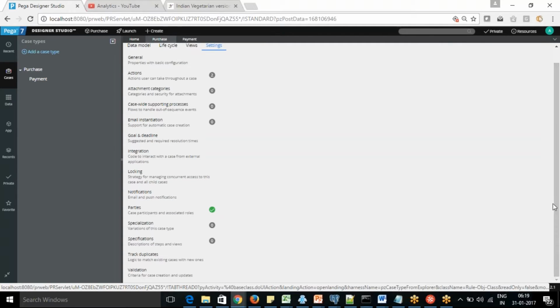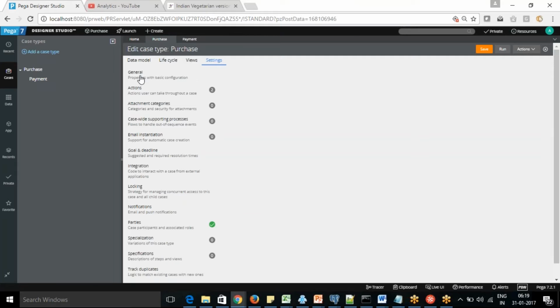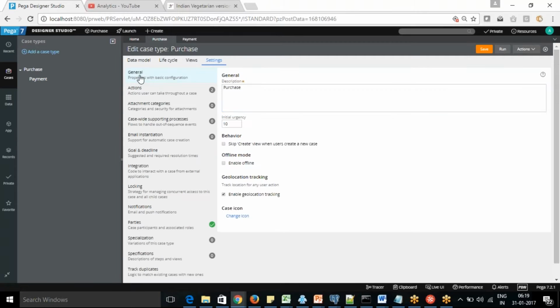When you are doing the case, the first thing is the general tab. In general, there are some options which were recently added. You will not find this option in previous versions: offline mode. What do you mean by offline mode? This is for mobile. If you want to access your case from mobile when your internet is not there, and you should be able to work on your case, then it becomes offline mode.